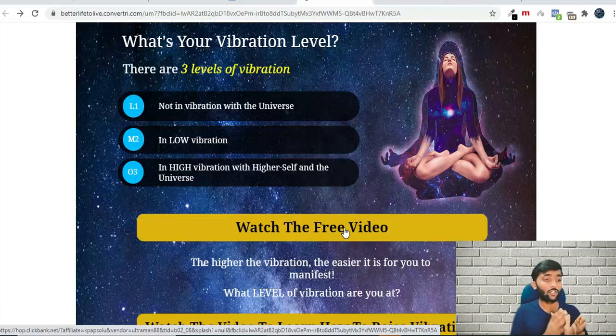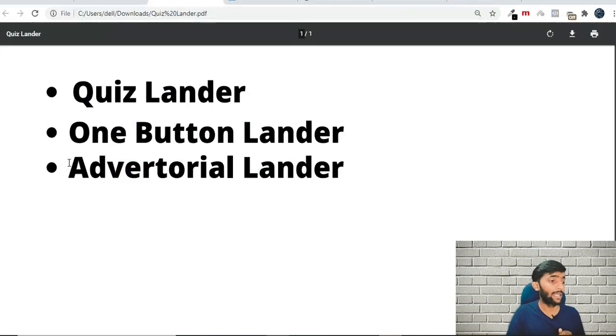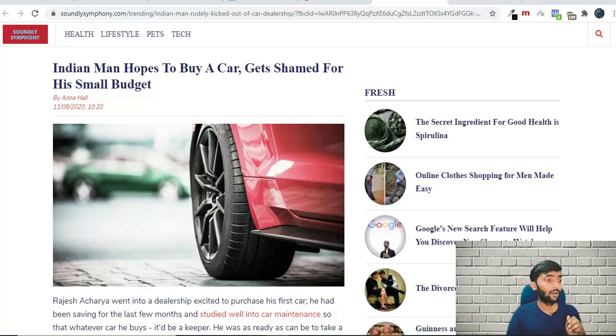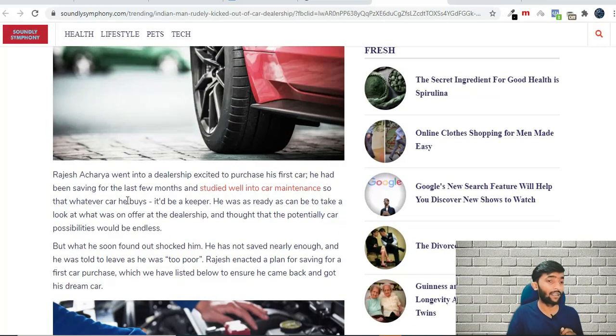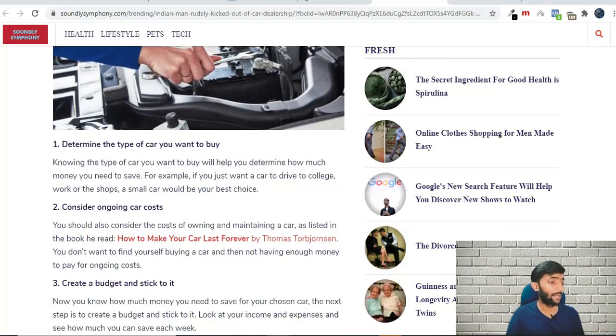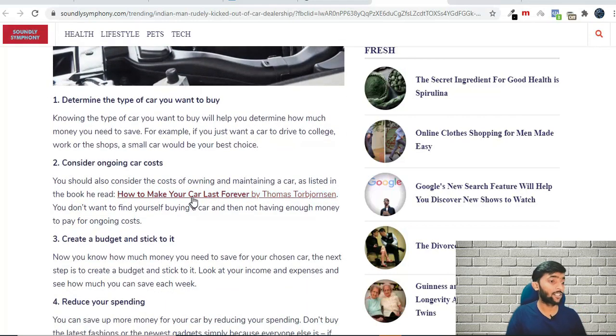Now there is another kind of landing page which is advertorial landing page, okay? So let's go to an example of advertorial landing page. This is an example of our advertorial landing page. As you can see here, it seems like a news article, right? But actually it's not a news article, it's a landing page. So when the audience clicks here, they will land on the actual offer, okay?